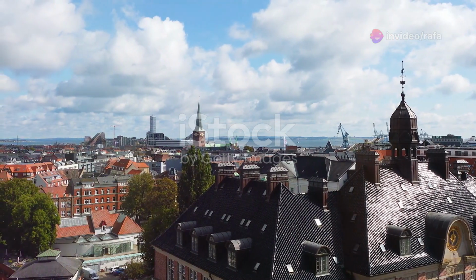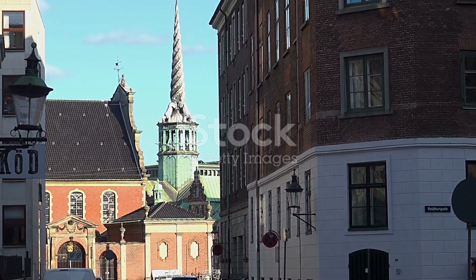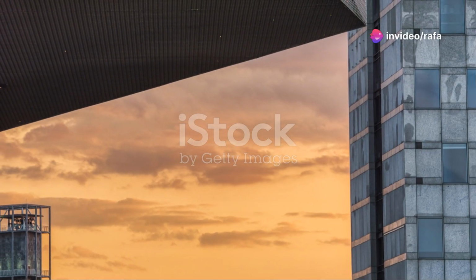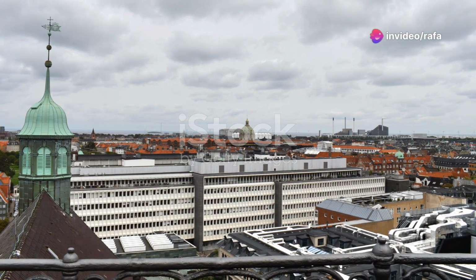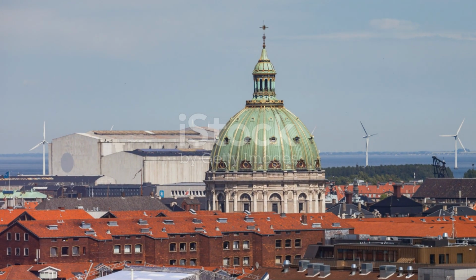Next stop, we're heading to Aarhus, Denmark's second largest city and a cultural powerhouse. This city is buzzing with creativity, and you'll feel it the moment you arrive. Let's start with Eros Aarhus Art Museum, a modern art lover's paradise. This place is home to mind-bending installations, thought-provoking exhibitions, and even a panoramic rooftop walkway that offers stunning views of